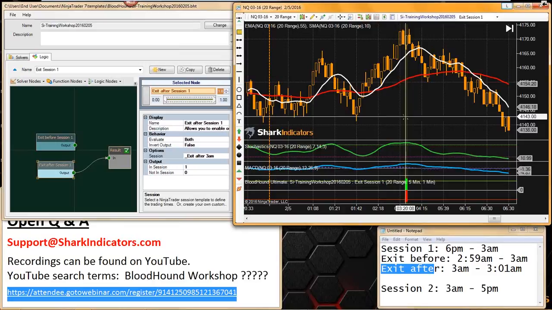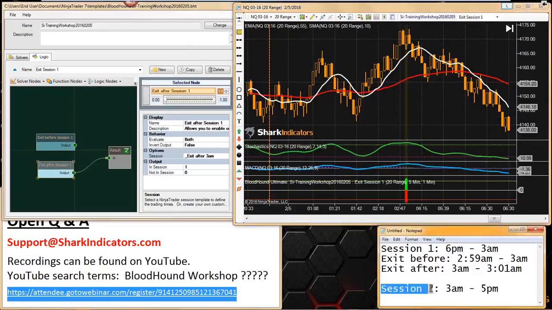Now, what would happen is if you had an entry signal right on the first bar of session 2, let's say session 2 starts at 3 a.m., and you get an entry signal on this first bar of session 2, what would happen is that this exit signal would block, or it would prevent, the entry signal. Okay, so